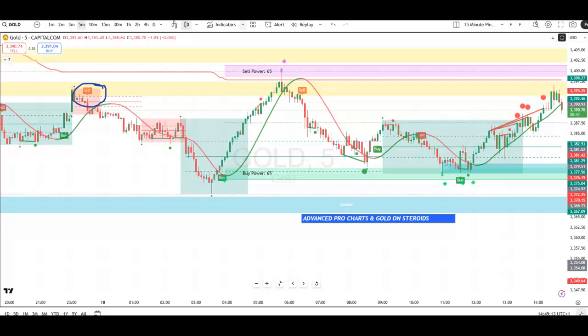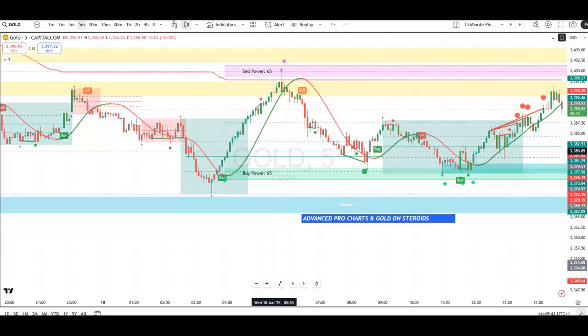But look where the price is in terms of the 50 moving average. This would not be valid at that point. If you get in there, yes, you would have made money, but the rules are quite strict. You have to wait for the price to move below the 50, then the sellers come in. Contrary, of course, to the upside,